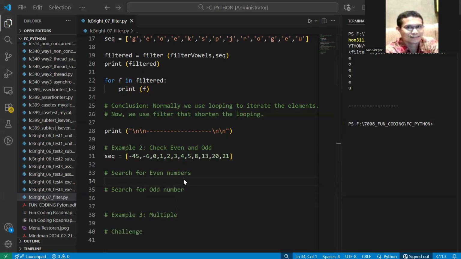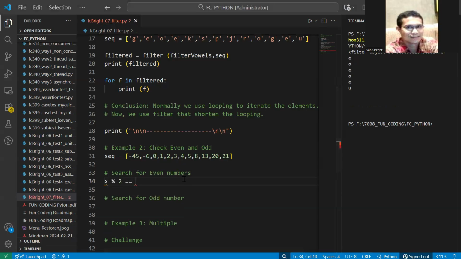Okay. And remember again that an even number is when we divide by 2, the remainder is 0. So when we divide by 2, we have the remainder 0. So this one is the even, genap.